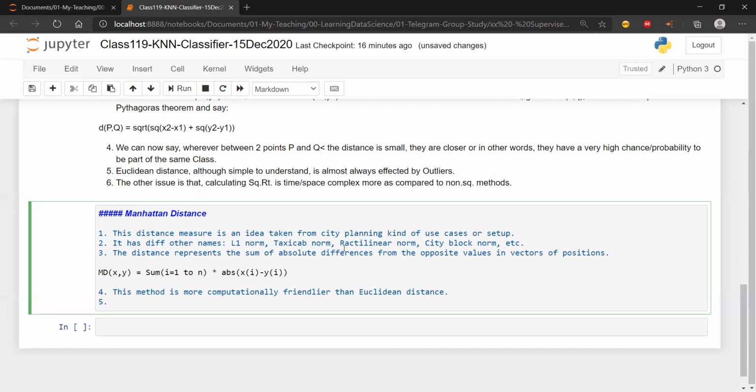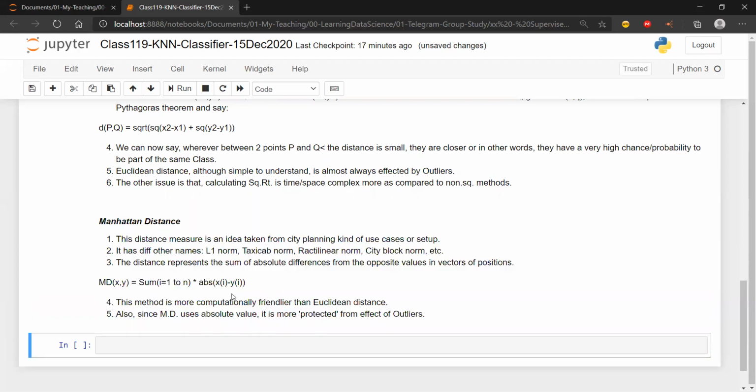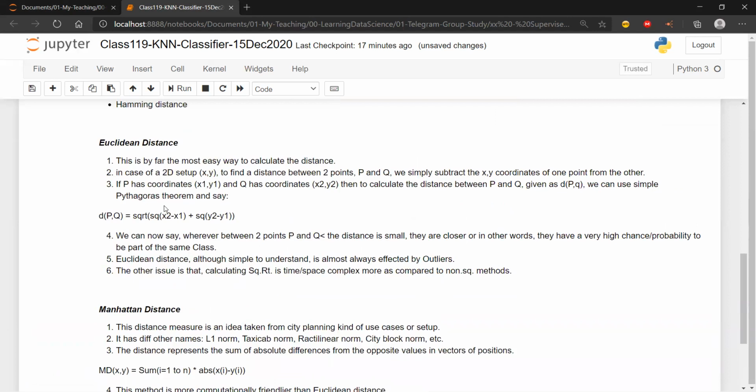But let's say all 35 features are very important and contribute to the business. In that high dimensional scenario, Euclidean distance will be time and space complex, and it is also affected by outliers. Since Manhattan distance uses the absolute value, it is more protected from the effect of outliers. So this is the advantage of Manhattan distance over Euclidean distance.